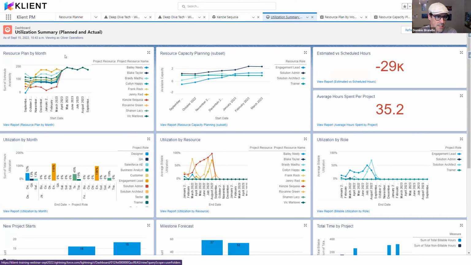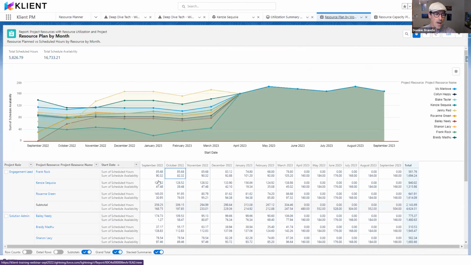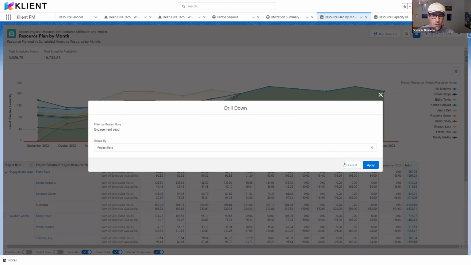I'm showing resource plan by month, or even utilization, where it's more on the actuals and managing and actually delivering the project. If I dig into the resource plan by month, it's leveraging the information we just saw from the resource utilization, so scheduled hours versus scheduled availability. I see a lot of data here, but reports in Salesforce are easy to drill down. One way of drilling down, I just select, let me see, I just want to see my engagement lead in this case, so I can drill down to this report,